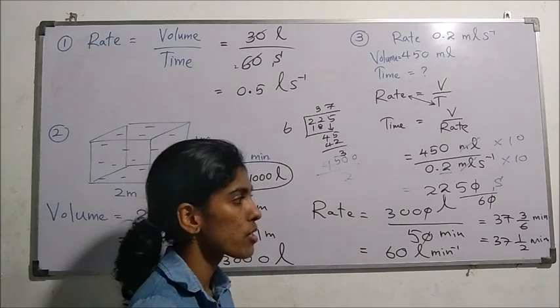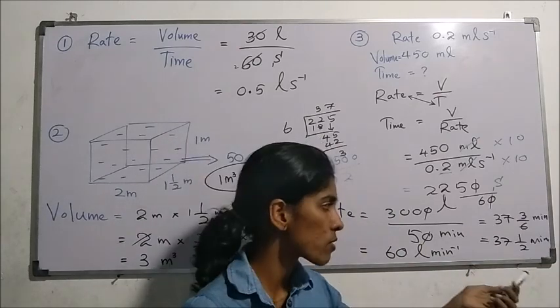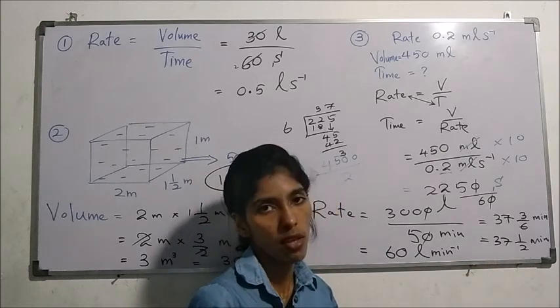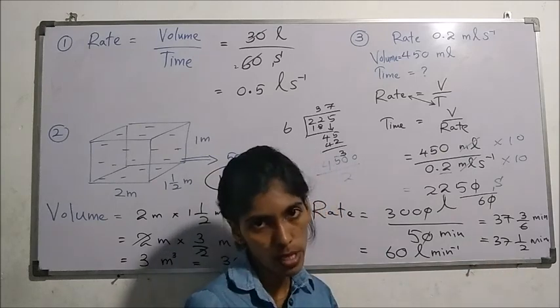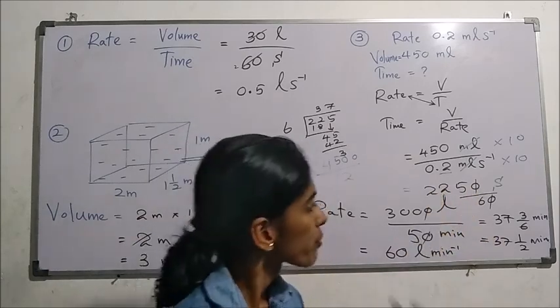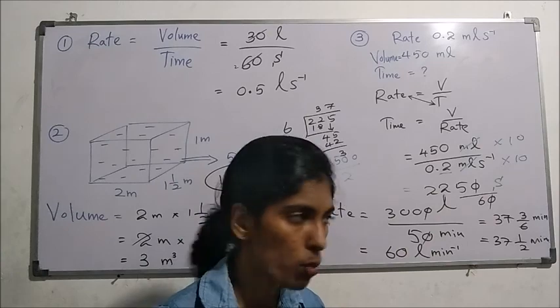So you better convert into minutes, but more than this we cannot convert into hours. If it is greater than 60 minutes, at that time you can convert into hours also. But here I saw that this number is bigger than 60 seconds. That means minutes can be formed there.